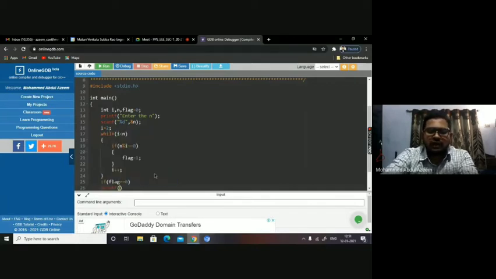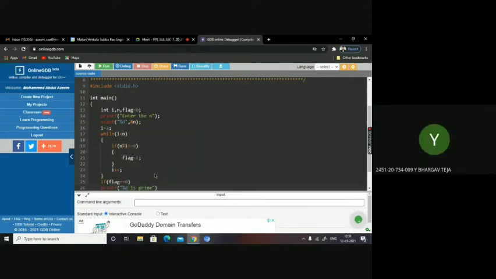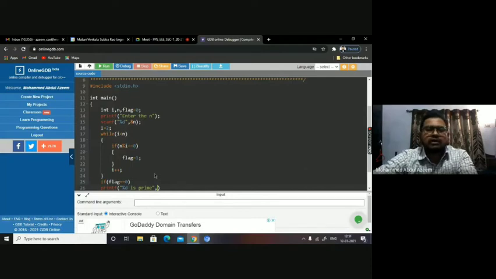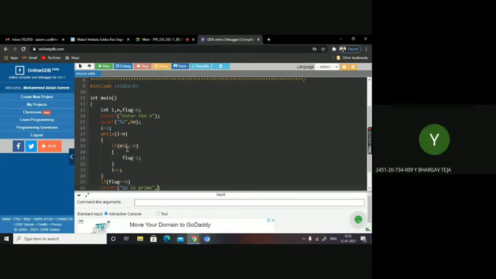So you can print the number also, using %d is prime. If the flag value retains 0, it means for all such divisions, it never produced the remainder 0. So that's when the number is a prime.